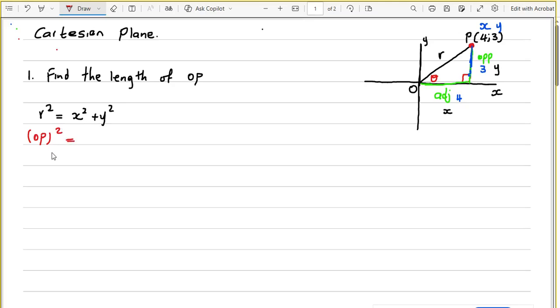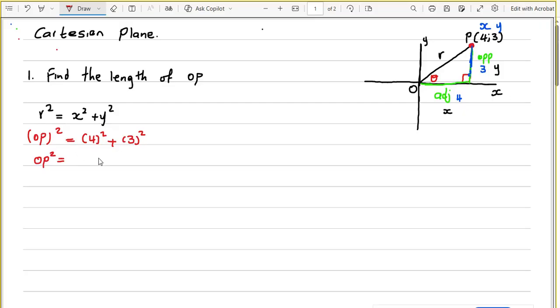And the X squared, that's the adjacent. And we said that adjacent is 4. So this will be 4 squared. We add Y, which is 3. So this will be 3 squared. Therefore, OP squared is equal to